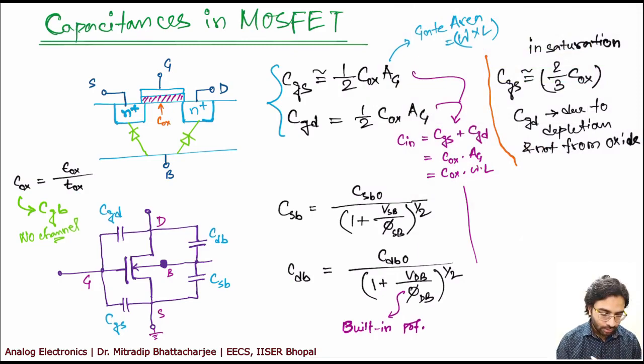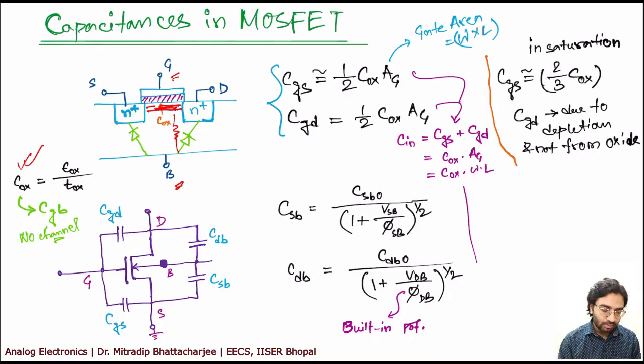Okay, so now this is your Cox when there is no channel. This is the only capacitance between G and B. And if there is a channel, then you will find the capacitance between the channel and the gate. However, there is some resistance which will be present in the bulk or substrate, but we generally ignore it. It's very small. There is no point in considering all this and making things complicated. So we generally ignore that.